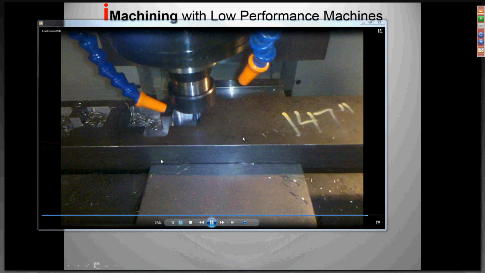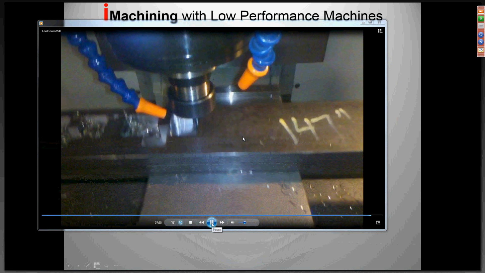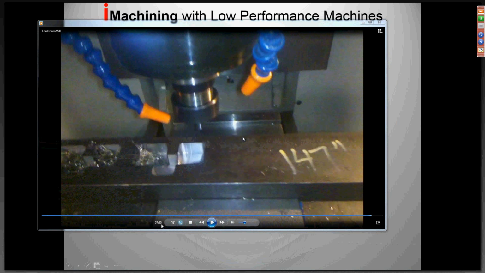Look at the color of the chips in here. They're just beautiful, okay? And when this tool comes off, I don't know if you can see it over the web, but this is 7 minutes and 25 seconds. He was 2 hours and 20 minutes over here because he had to take 20 steps, 50 thousandths at a time, at 2200 RPM, 18 inches a minute. It took him almost 2.5 hours, 2 hours, 26 minutes to cut this pocket over here, and he destroyed the tool doing it. I just cut this pocket in 7 minutes, 25 seconds,